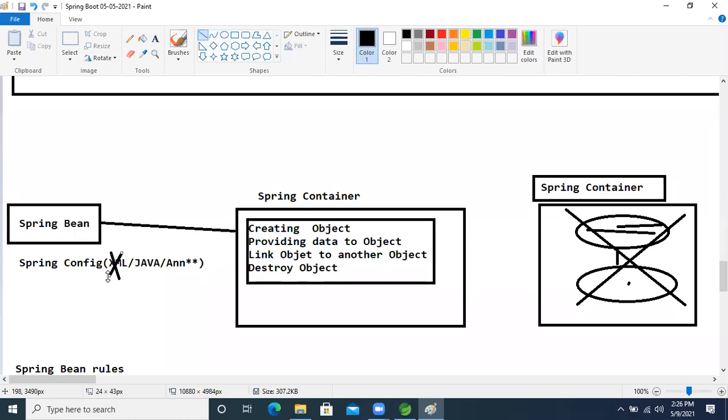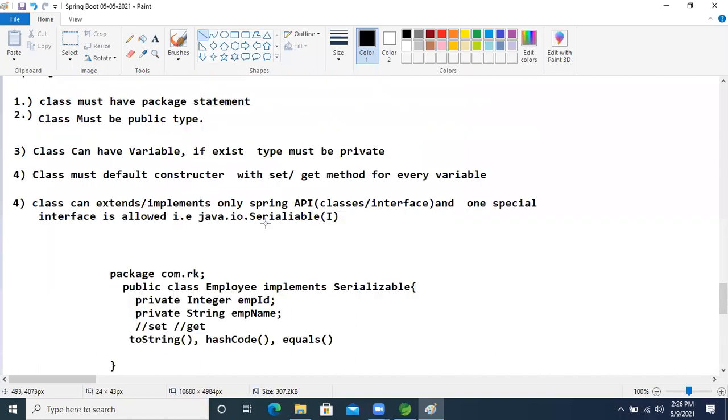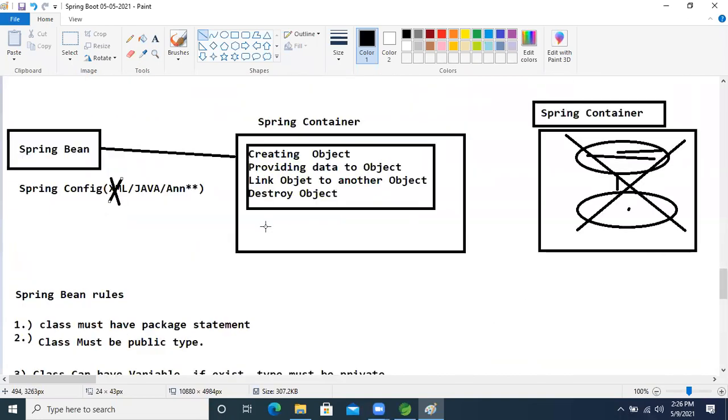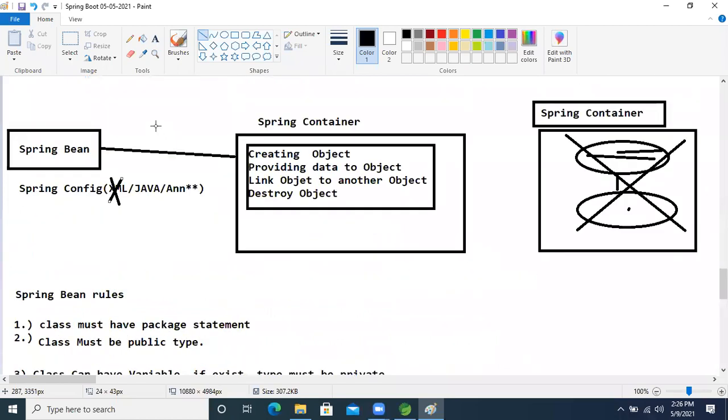So whatever classes we are writing in Spring Boot, we first need to configure them also, because here there is no XML configuration. Java configuration is there, but not much. In total, we are developing the application using annotation-driven configuration only.